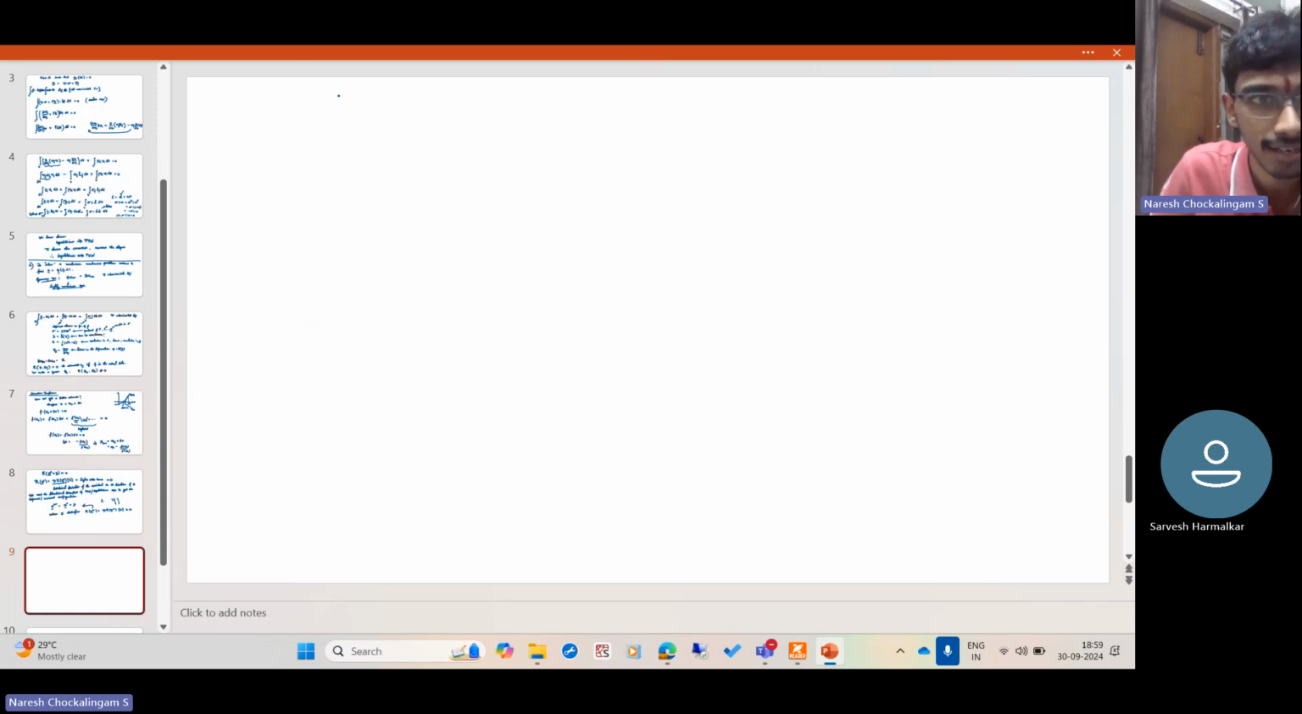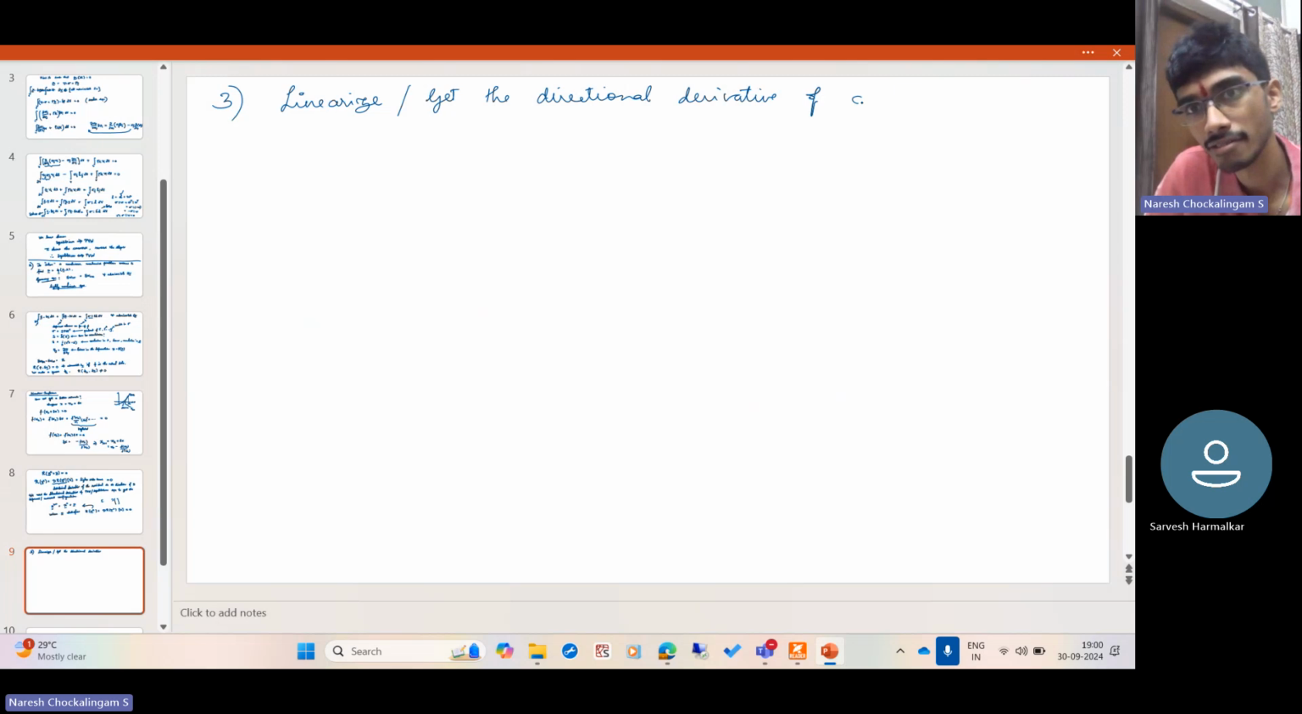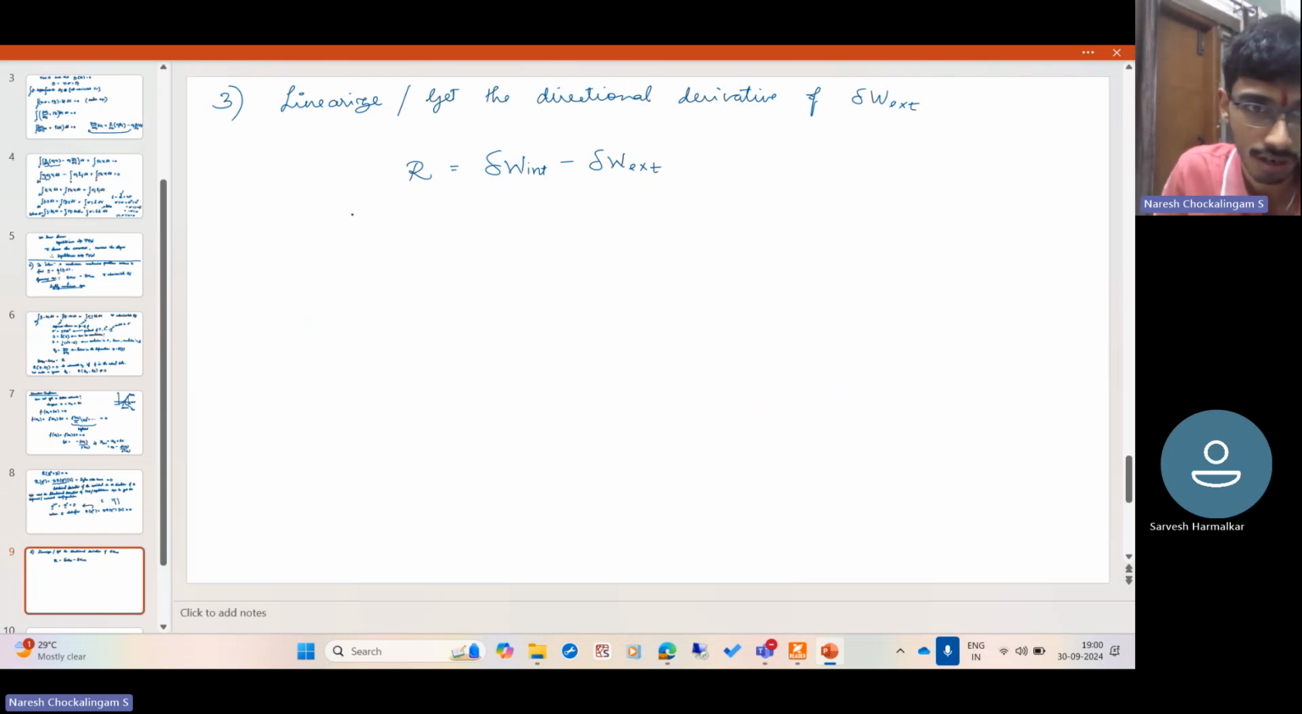So we saw that the third question is, let us linearize or get the directional derivative of the external virtual work done. So what we said is this residual is nothing but the internal virtual work done minus the external virtual work done, whichever way you define it, right? So if I want to set this del r equal to 0,